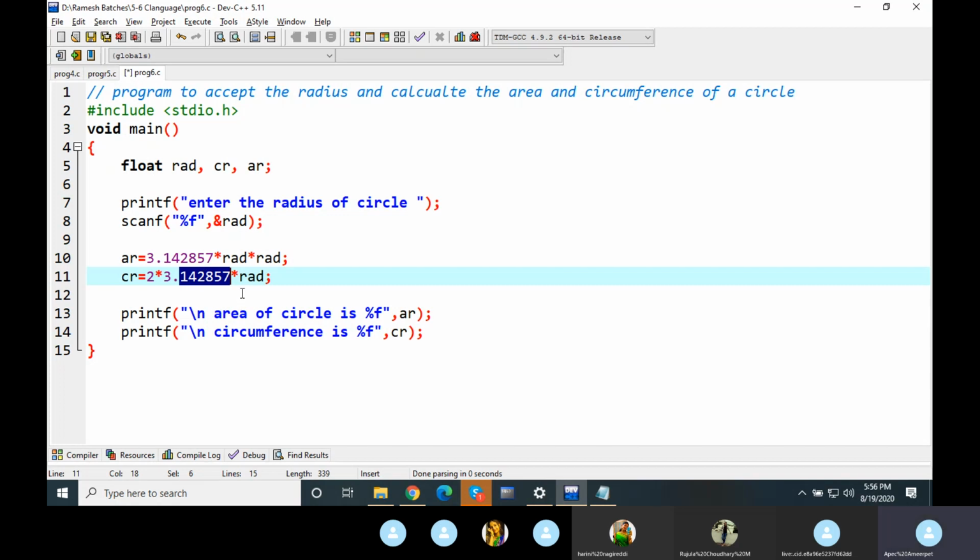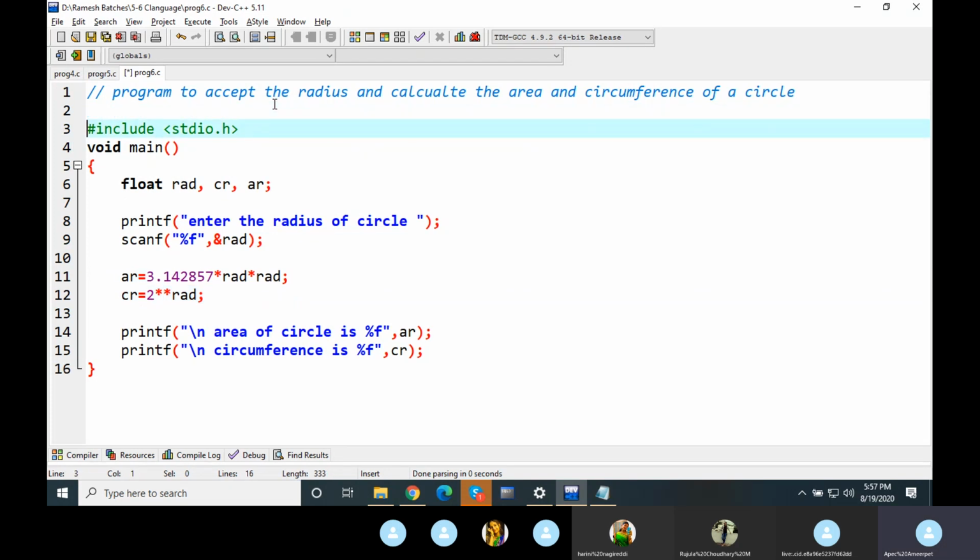Okay, I may be using it in my program, but if you share the same program to your next colleague, when you are tomorrow working in a company, and suppose you have to use this value in your program, and you have to share the same program to your next colleague, they will be in a confusion. They may not be having an idea about pi value as such a big number. So to overcome all these problems, what you can do is you can define this value as a constant.